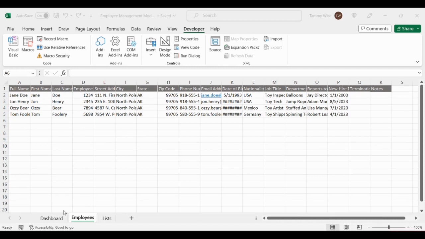So on this employees sheet, I have data already populated. And you can see that the last row on here is row 5, and the last column is going to be column R. Now, in Excel VBA, you've got to understand we don't always use the R. It's more convenient to use the number, and R happens to be column 18.